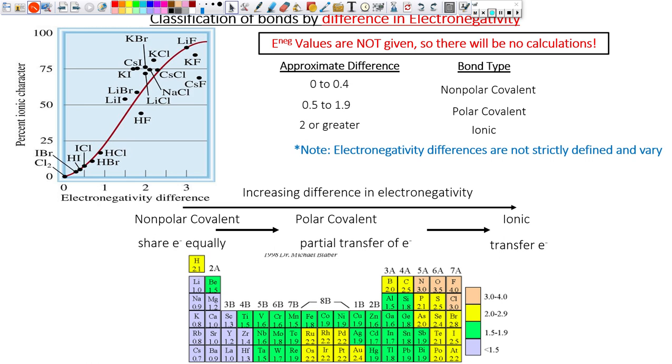Now, I've already said this. Are you going to have to do this for this class? No, and the reason why is this big blue sentence in the middle, and I want to address it first. Electronegativity differences are not strictly defined and vary. If you go to 5 different textbooks, they may be slightly different in every book. Again, I don't know why. I'm not the scientist on that. I just have to deal with what the replications are. So this is why we're not going to do it mathematically, because it could totally be wrong. They're in general the same, but there are some slight variations.